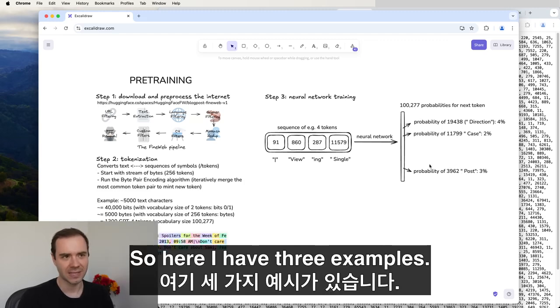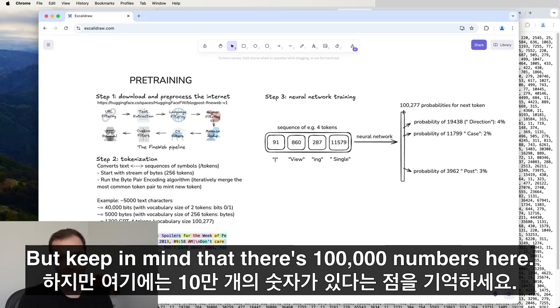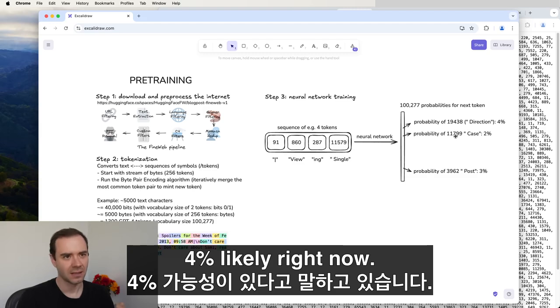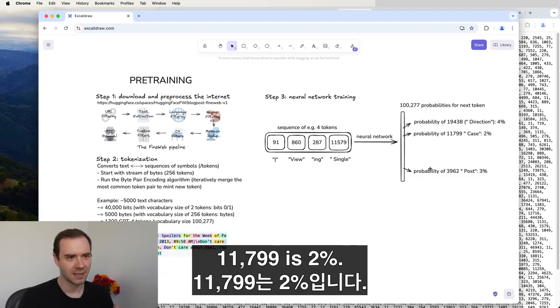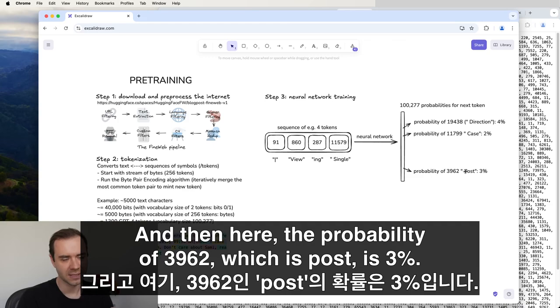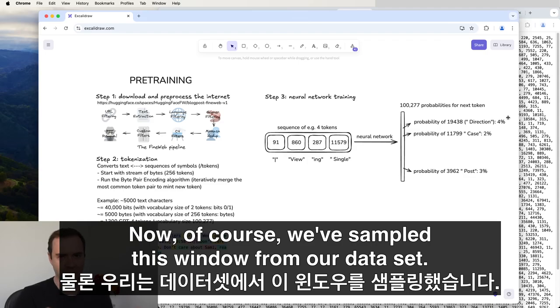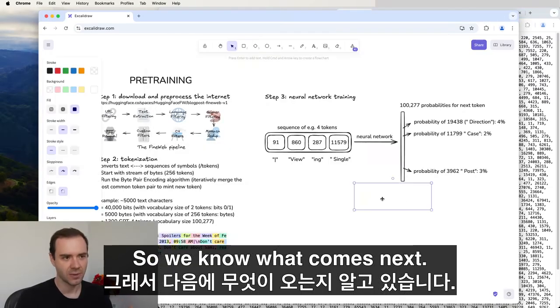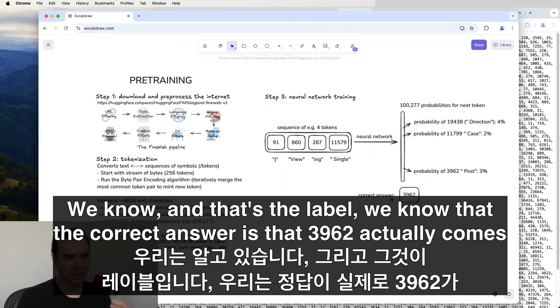So here I have 3 examples, but keep in mind that there's 100,000 numbers here. The probability of this token, space direction, the neural network is saying is 4% likely right now. 11,799 is 2%. And here, the probability of 3962, which is post, is 3%. Now, of course, we've sampled this window from our data set, so we know what comes next. We know, and that's the label, that the correct answer is that 3962 actually comes next in the